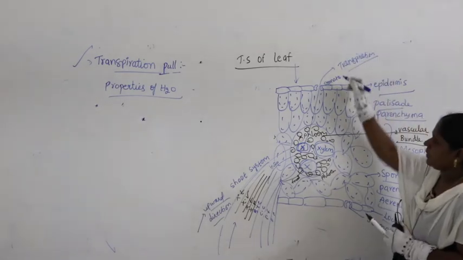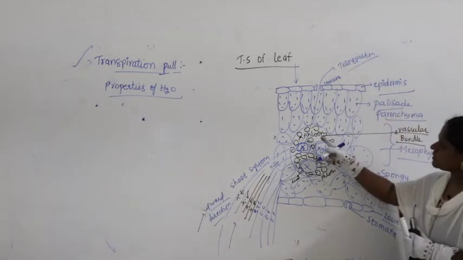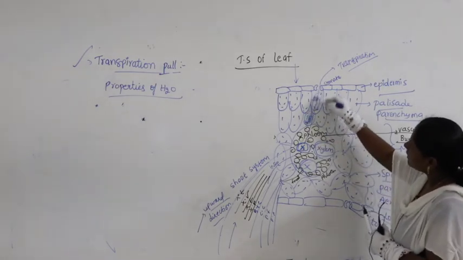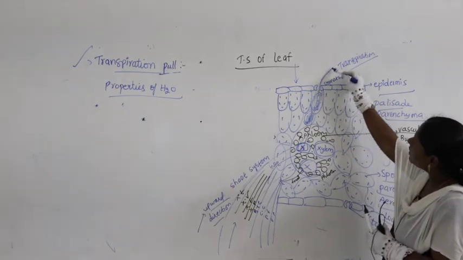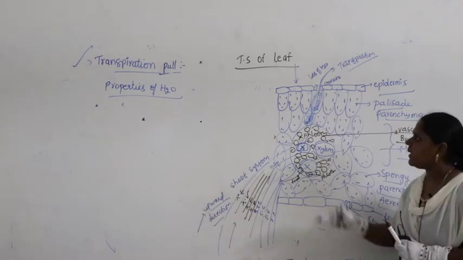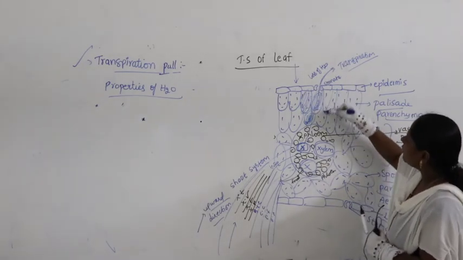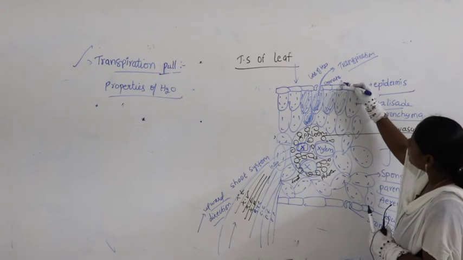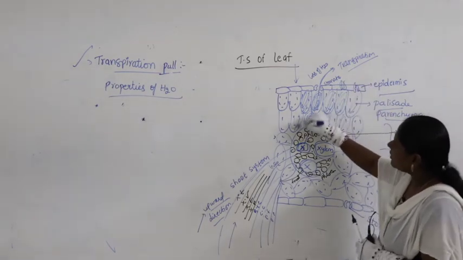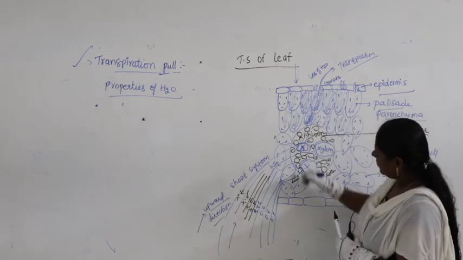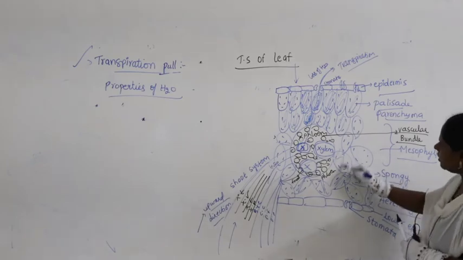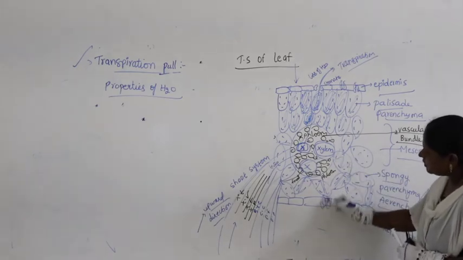Now at this time what happens here? From the xylem, the mesophyll cell is fully filled. After that water enters here, and this is fully filled. When water is lost through stomata, then what happens? Earlier these cells are fully filled and they supply water to stomata. Then after some time what happens here? The same case happens in the spongy layer also. All cells are fully filled with water and they lose it through stomata.